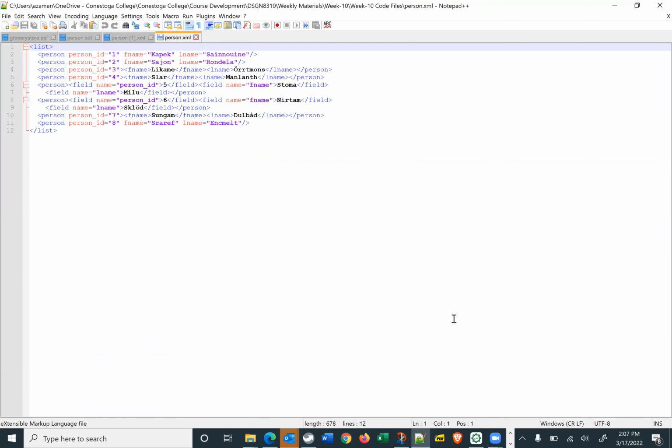So now you understand how XML could be retrieved from a database, or from an XML file to a database. Okay,